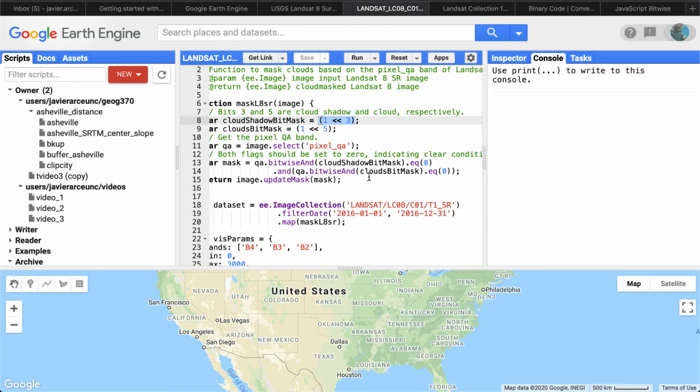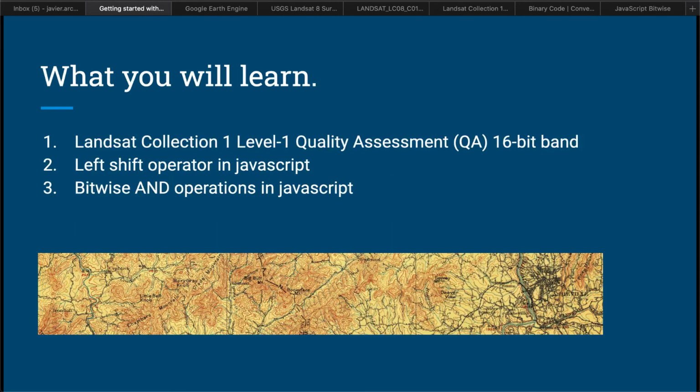Okay, but what is this thing that we have here? So that thing that we have here is what I told you in the presentation, right? It is the left shift operator in JavaScript. To show you how that works, think about shifting the zeros in the binary code, actually. So if we go to the binary code,